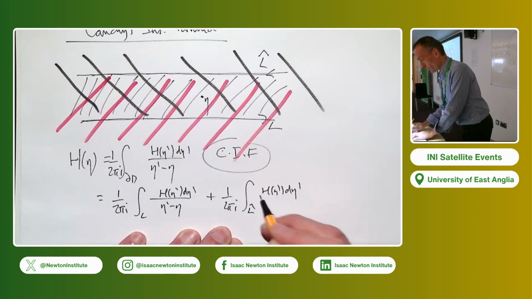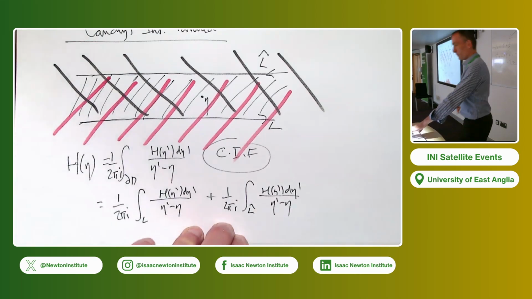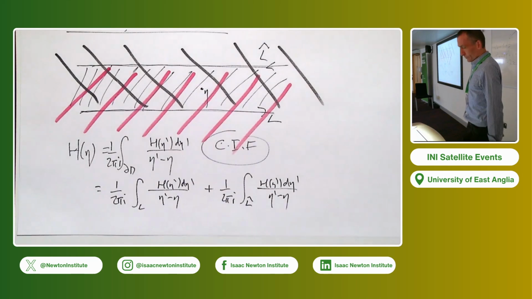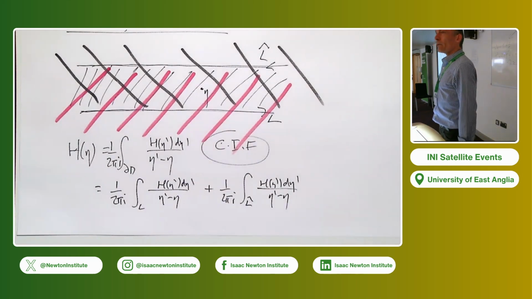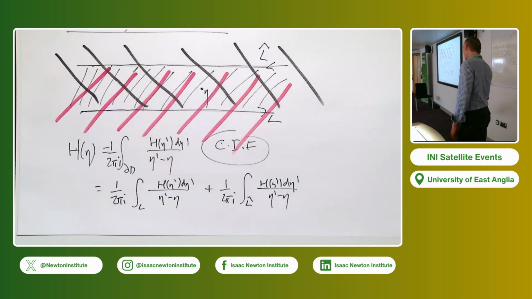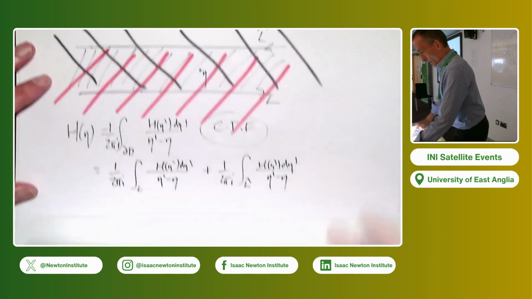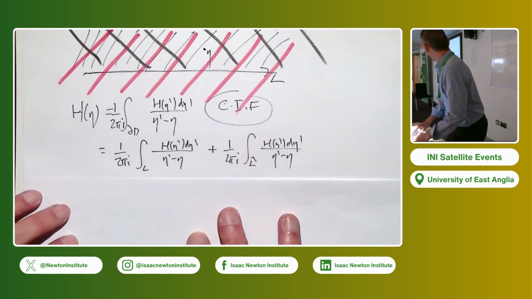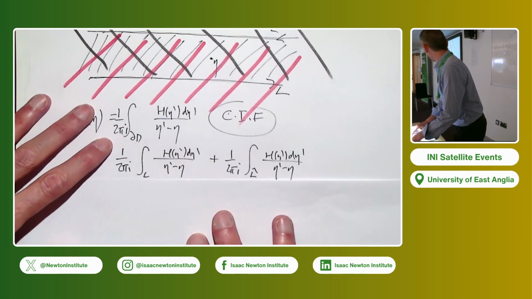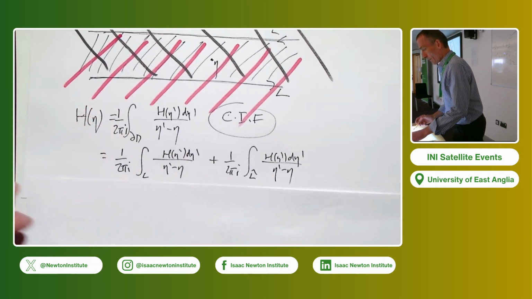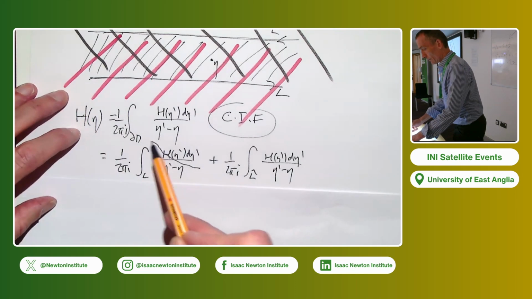It's just two parts of the integral, two different contours. Everyone with me still? Everything's elementary. I'm using Cauchy's integral formula. What do you think I'm going to do next? I noticed, by the way,